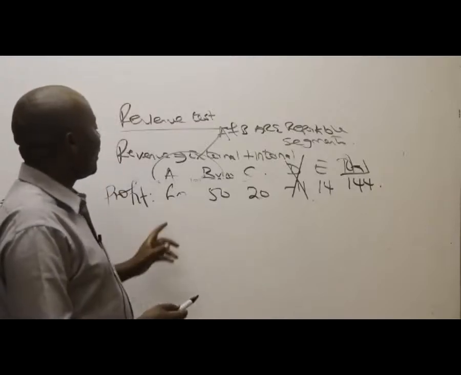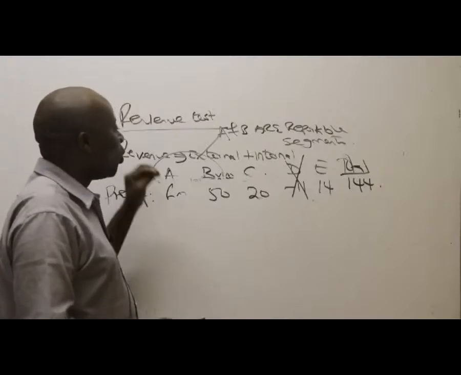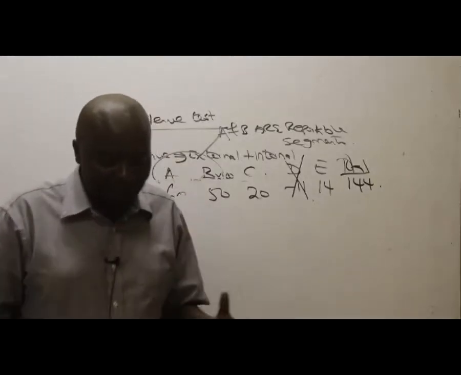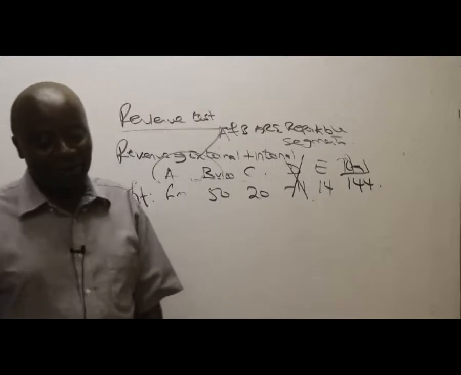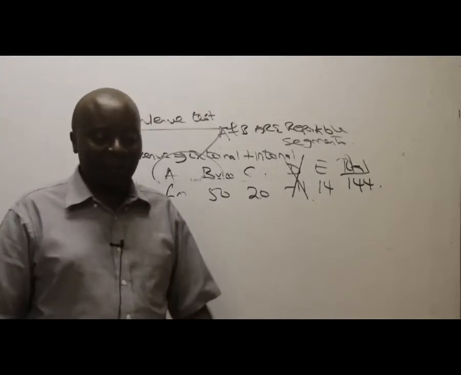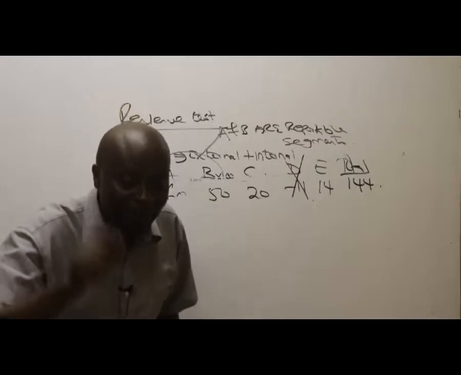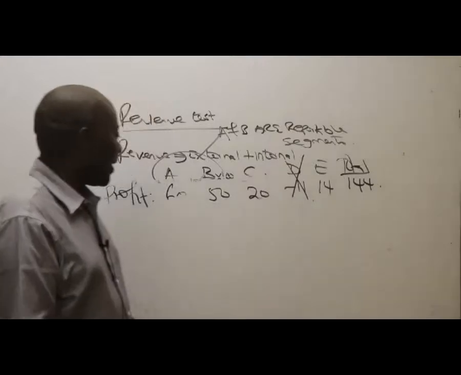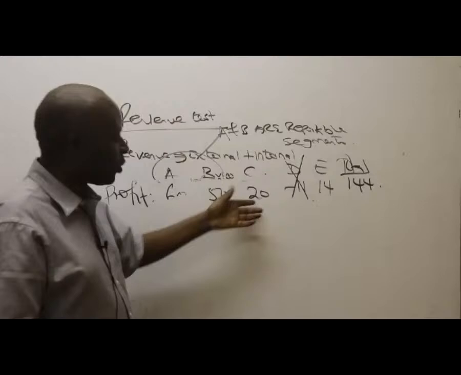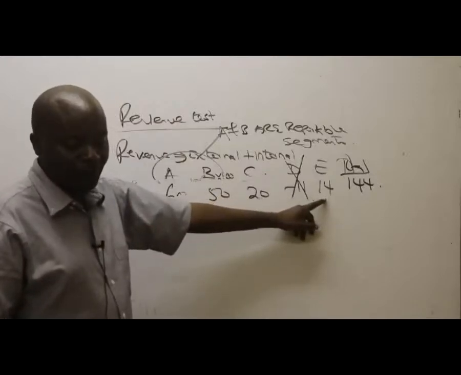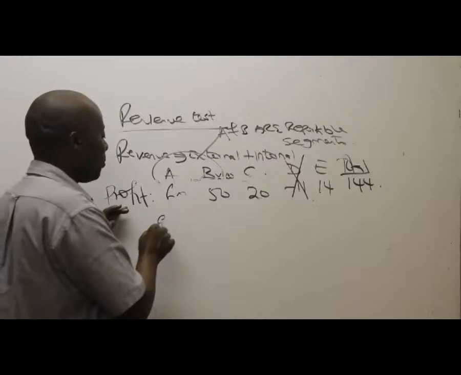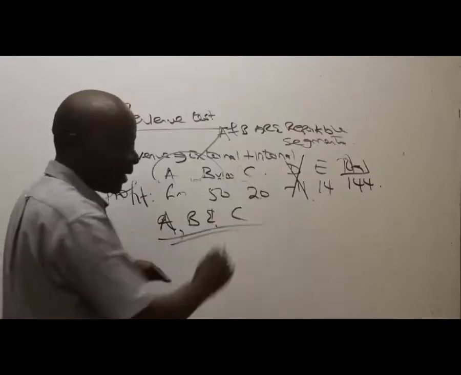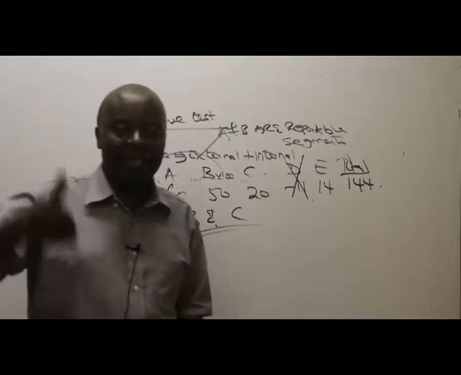So if they are correct, then on the basis of profitability, which segments are reportable, bearing in mind the concept of the 10% threshold? A was more than 10%, B was more than 10%, C was more than 10%, but E failed. So in terms of profit, the reportable segments are A, B, and C. Is that correct?